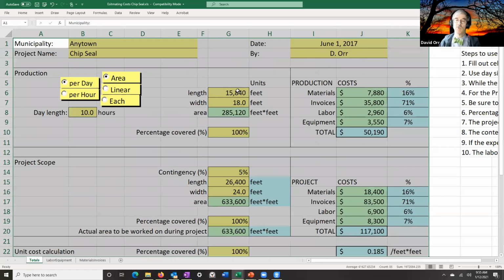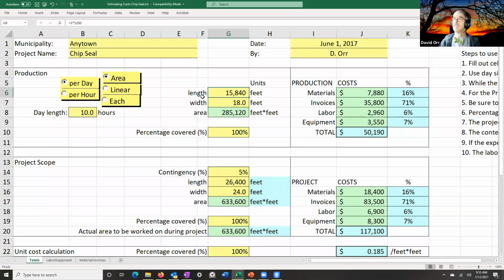The actual formula is 3 times 5,280, which is 3 miles. While the units are feet, and we're using feet just to be consistent, you can pick your favorite unit. You could type a different unit in here. I prefer to keep it simple. Go back to base units of feet. You could go metric if you really wanted to.